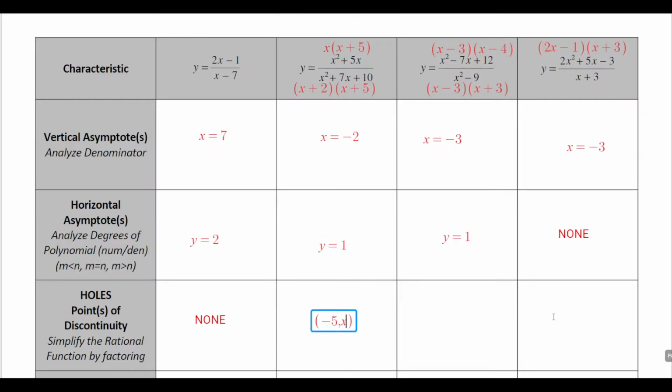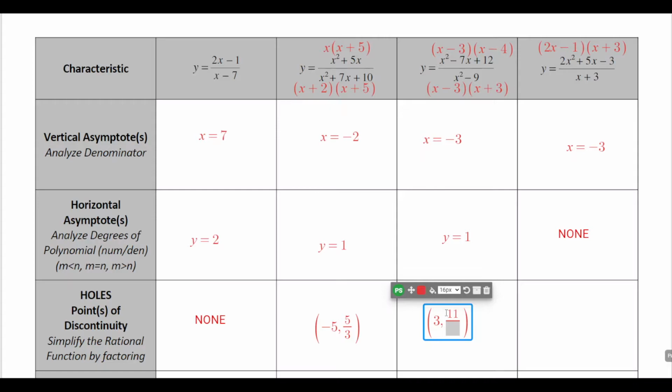Basically I'm going to plug negative 5 into this. Okay, so I'm going to replace the x's with negative 5s, and I get negative 5 over negative 5 plus 2, which would be negative 3. So a negative divided by a negative is a positive, so we just get 5/3 here. For the next one, we've got an x value for our hole at positive 3, and then if I plug in 3 here and here, I get negative 1 over